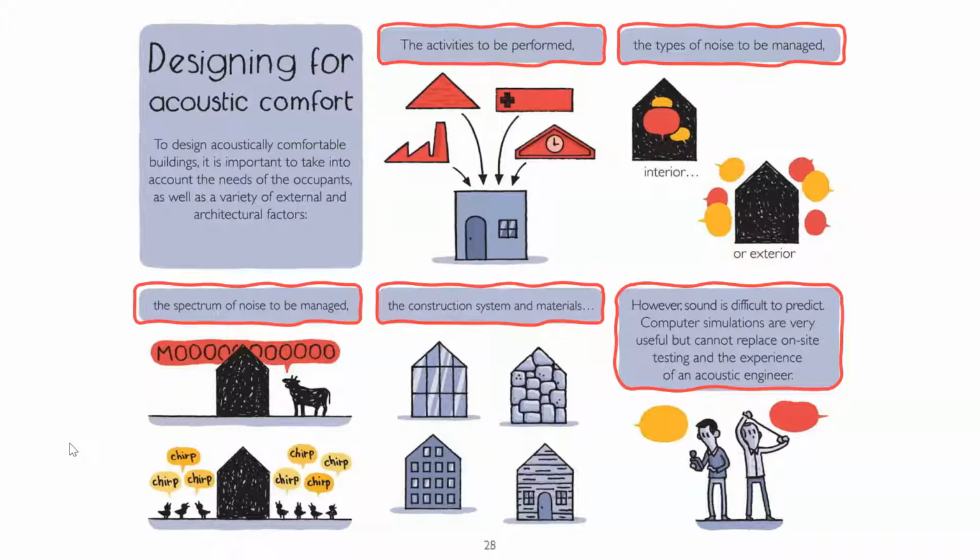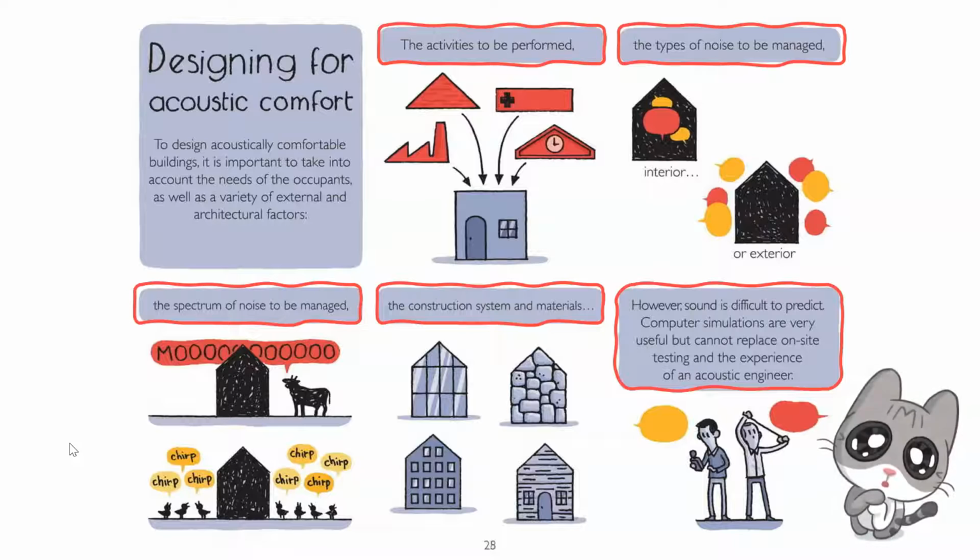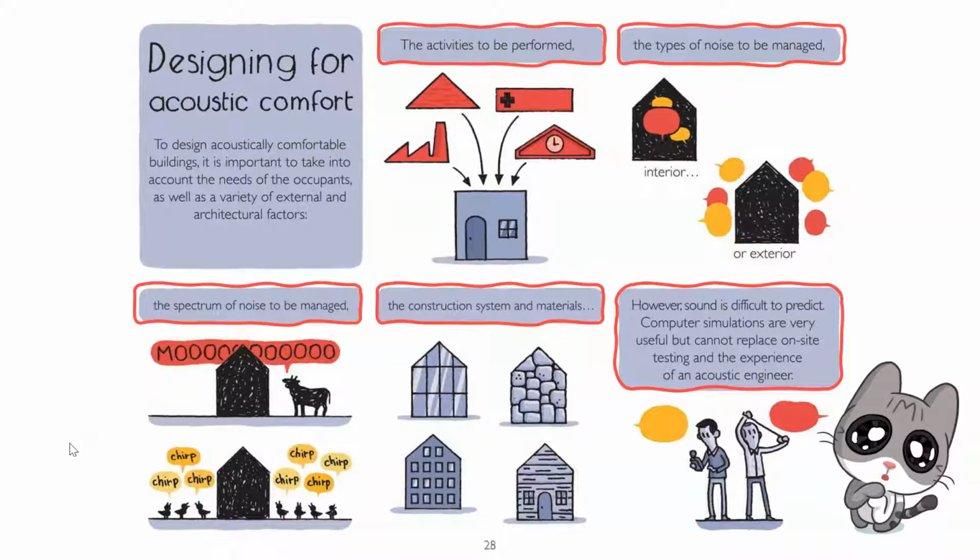Okay. Now, remember how in previous lecture we learned that noise affects our daily life and can cause hearing disabilities, stress, and a few other problems. So please remember that whatever we build will affect the user. So later in this lecture, we are going to explore how to improve acoustic comfort in different building types. Before that, let's learn one of the sound effects produced by reflections and see the importance of it.